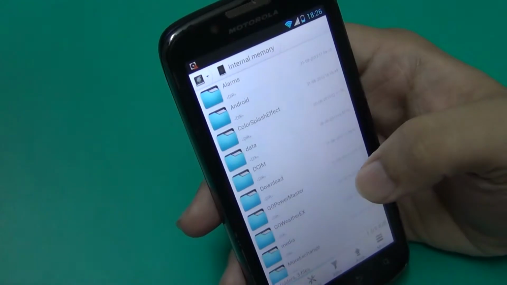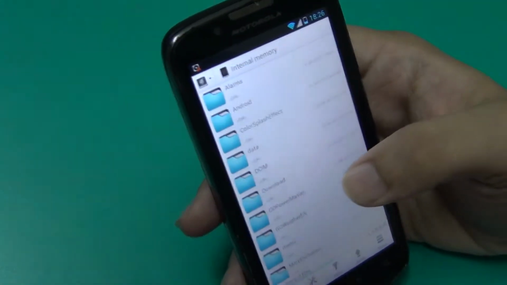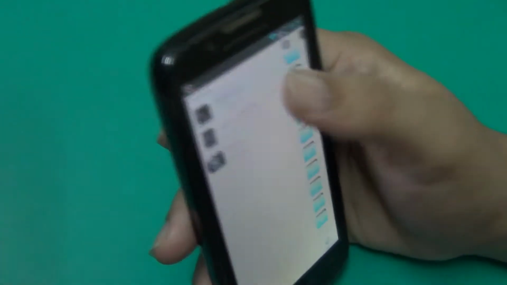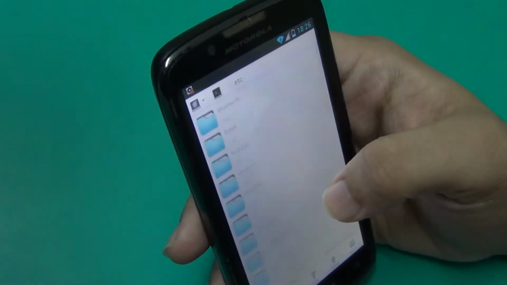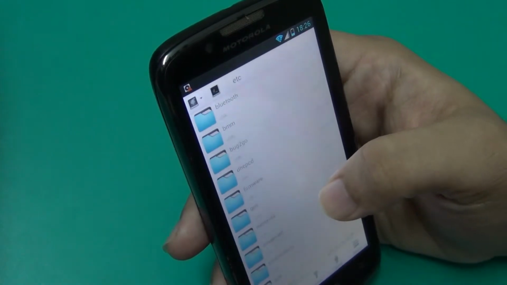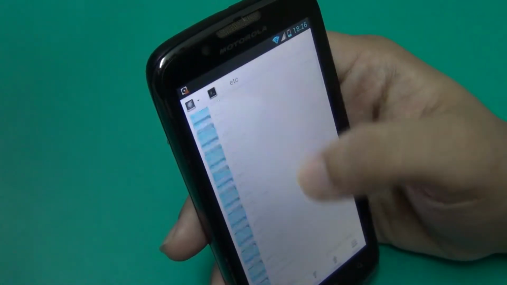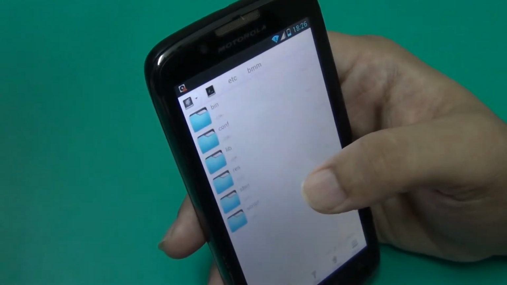first you have to go to your internal memory, then go to system root. In system root you have to go to etc, then go to the installed applications folder, BMM, which means Boot Menu Manager.